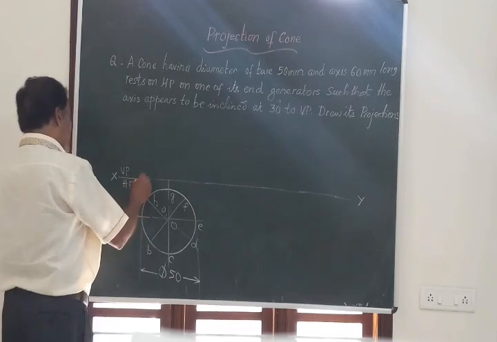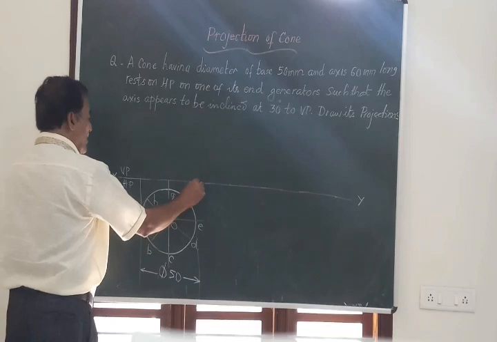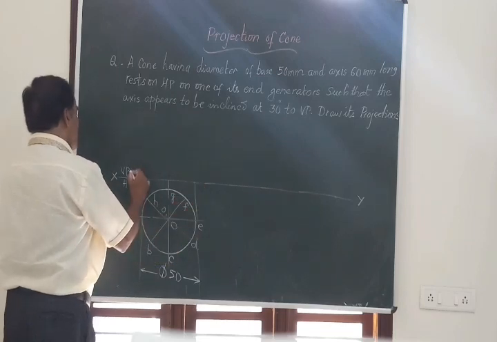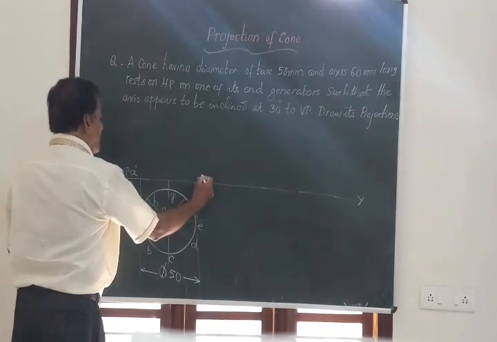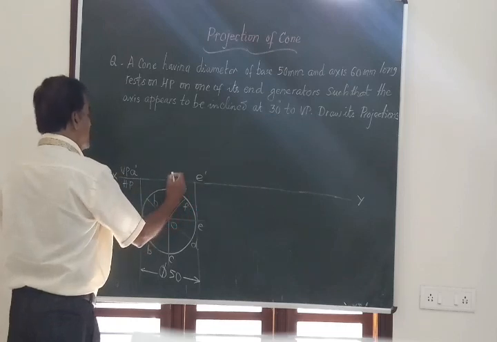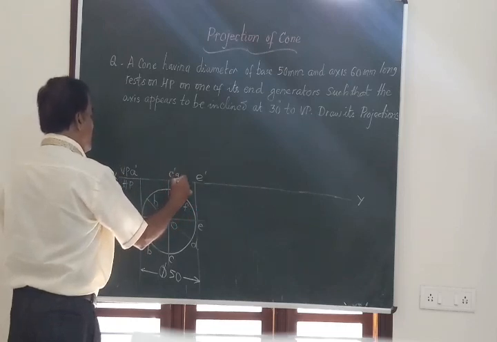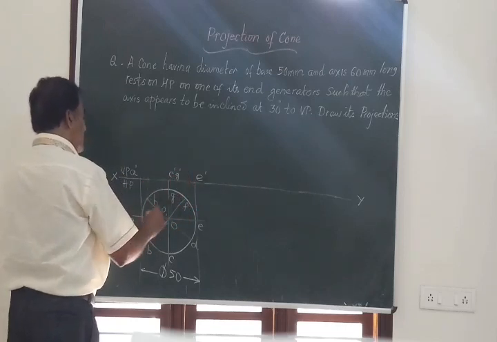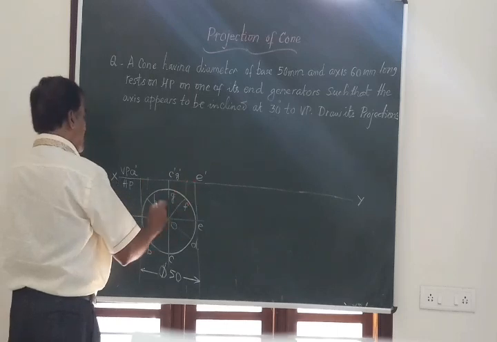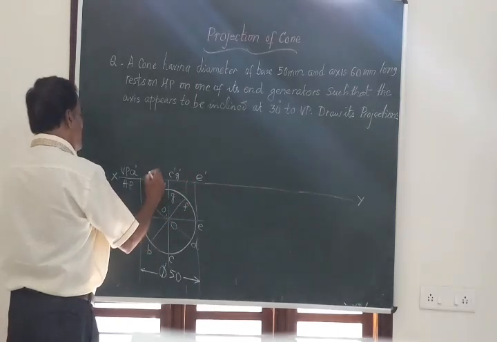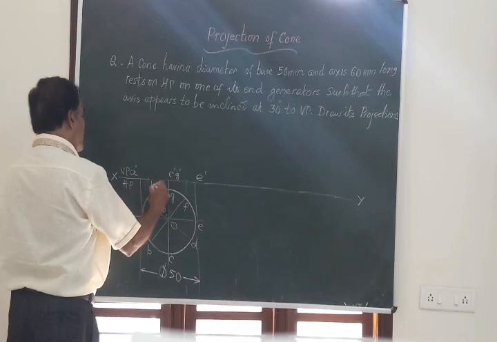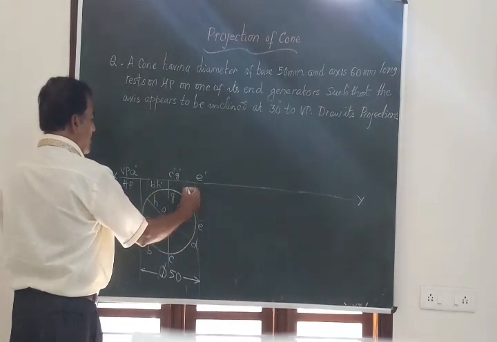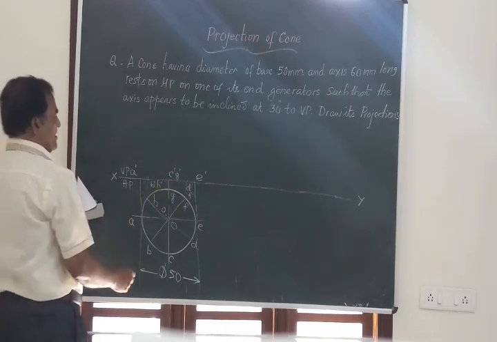Get the projectors from all these 8 points. This point is A, and this point is going to be B. So this is A dash, this point is E dash, the center is C dash, G dash. The points at equal distance from the end will be B, H, so I will mark them as B dash, H dash. The last points are D dash, F dash. In fact, they have to be marked above the line.